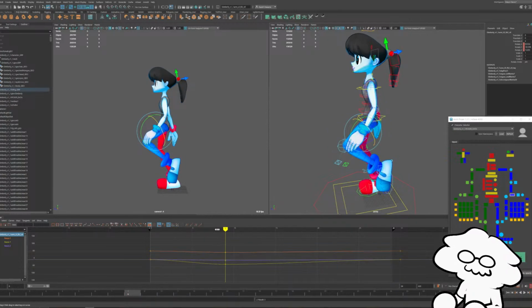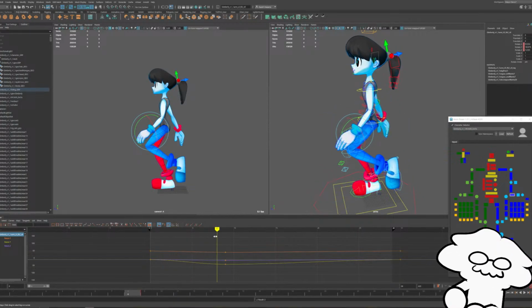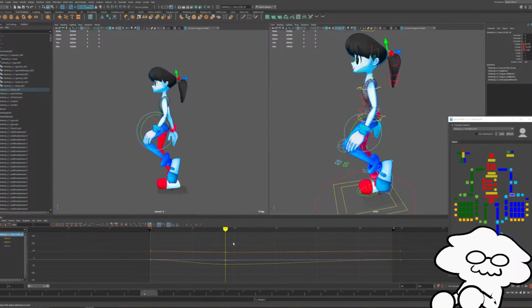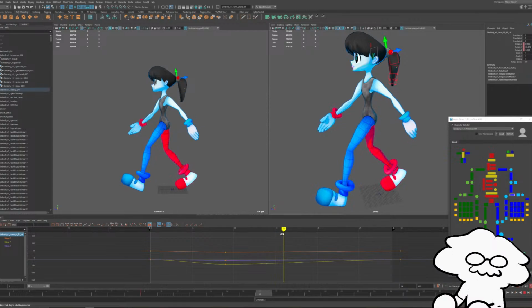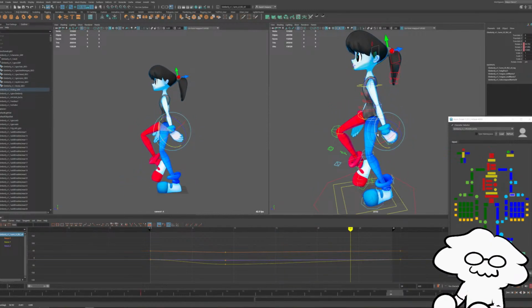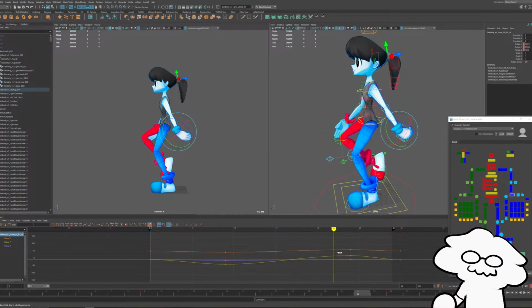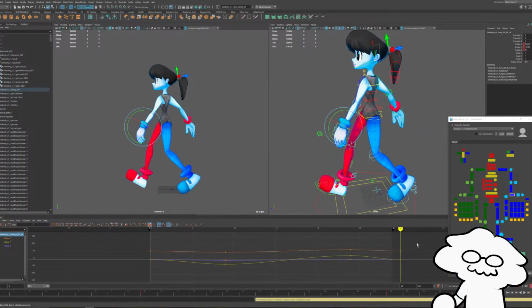I'll curve it inwards a little bit more. So as it's being dragged backwards, the hand will sort of curve upwards. And then as it's being dragged forwards, we'll curve it backwards, like that. Great.